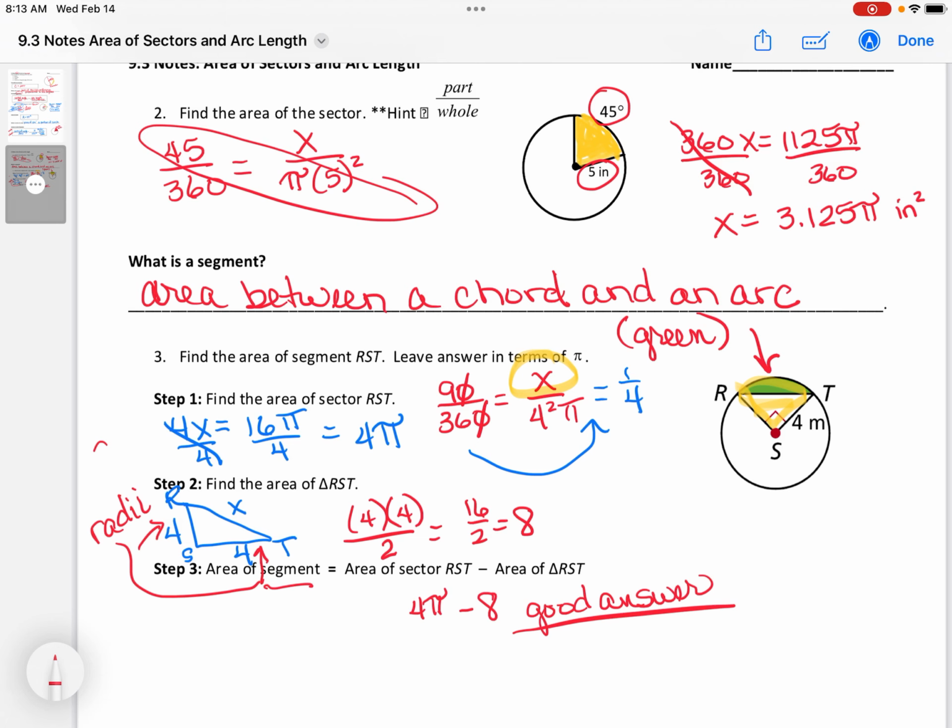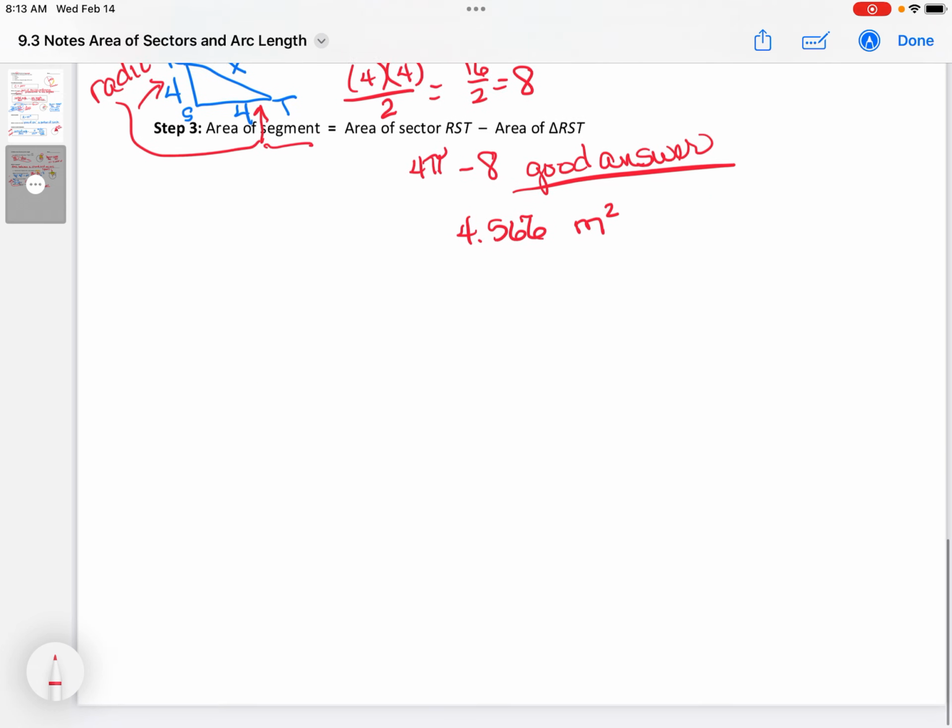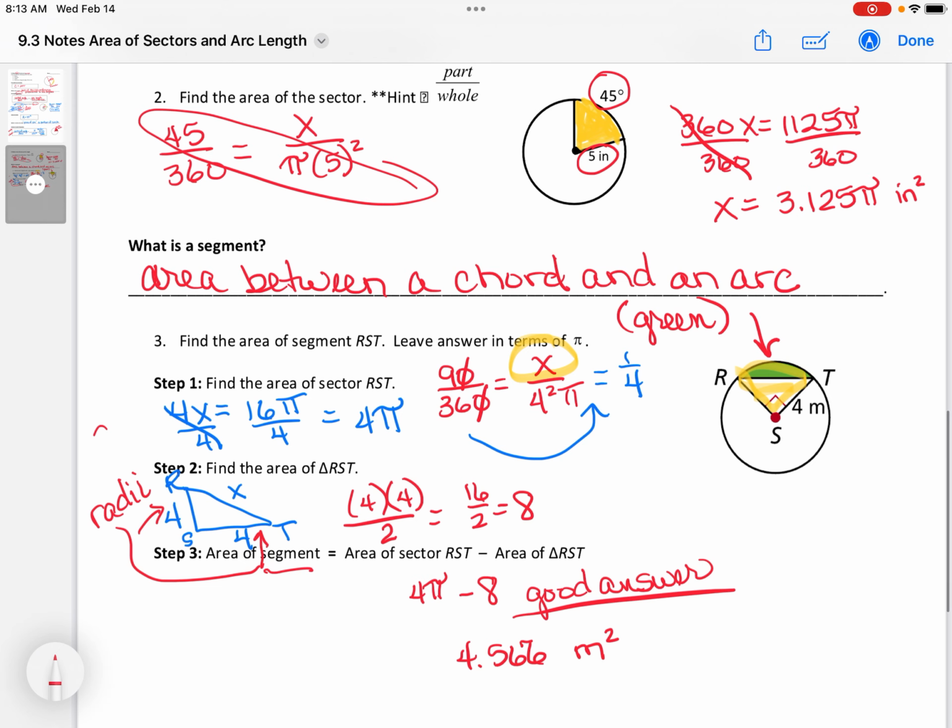So theoretically, if you were going to work this all out, you do 4 pi minus 8. And you would get something like 4.566. Square meters. Alrighty, that's how you